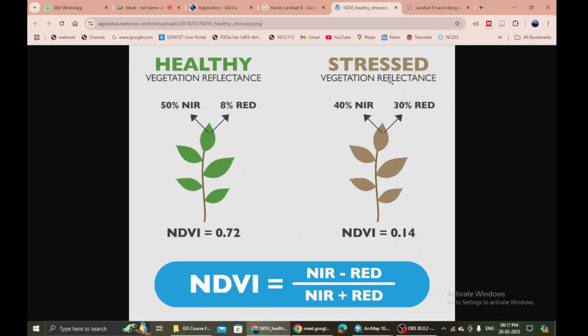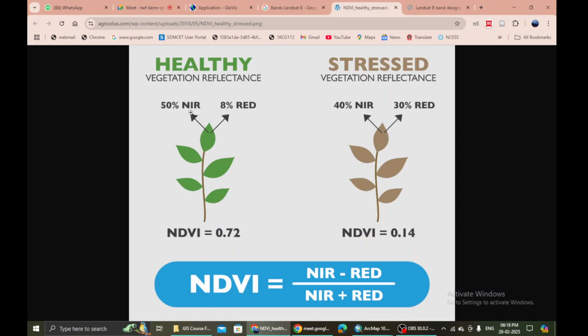But when that vegetation catches some disease, or becomes old enough such that the leaves are going to be shed, what happens to these leaves? They start absorbing green and then reflecting away red, and the near infrared reflection also decreases.